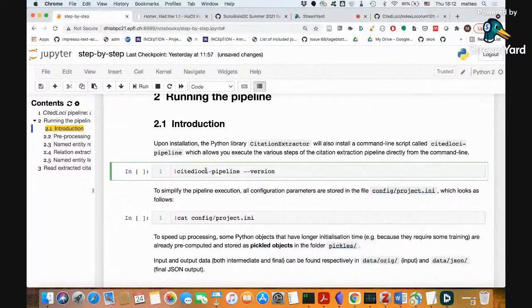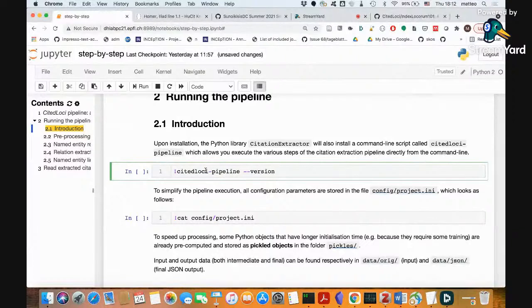And it's quite handy because you can show in a notebook some output coming from a shell script, which is what I'm doing, because when you install the pipeline, you get this command, cited Loci pipeline, that you can use to call each step of the pipeline, essentially. You have a configuration file, which looks like this, for the project, containing all the possible configurations of all the steps of the pipeline. The useful thing is that you can run it without knowing all the details. But then you run the pipeline step by step.